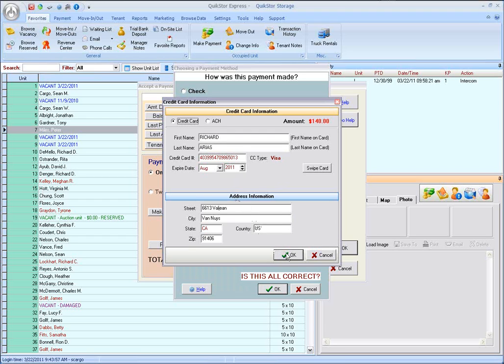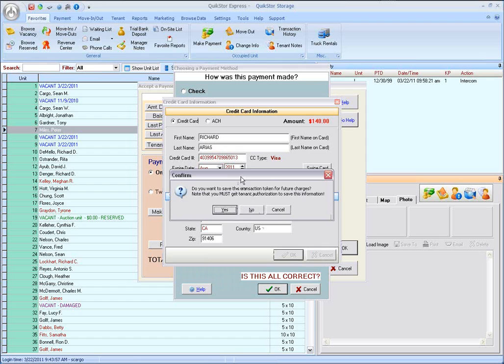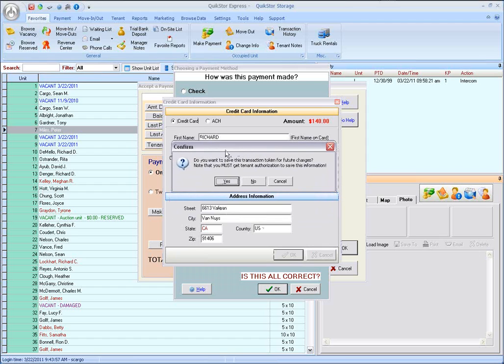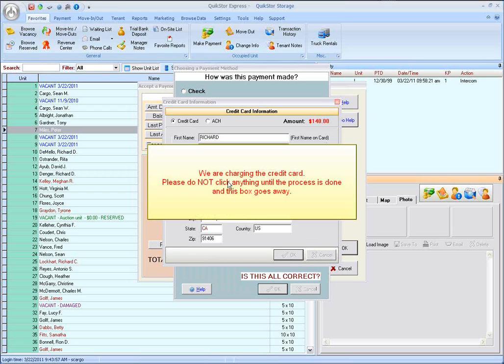And you can of course be sure that you're getting the best rates from your bank by using the swipe, because it does note that card was swiped instead of keyed in. So now of course the software is going to ask if you want to save the transaction for a future charge, which you can set up auto pay, or instead of having to swipe it each time, they can just elect to use the same card they used last month. But we'll go ahead and select yes,